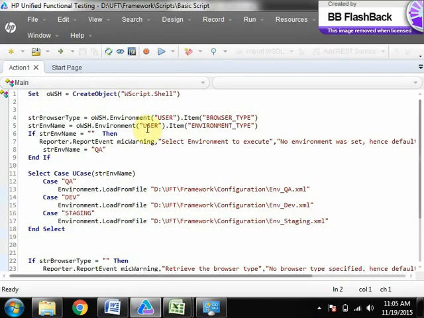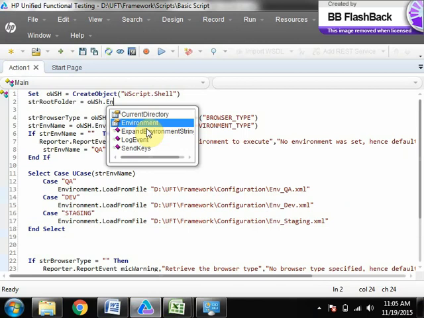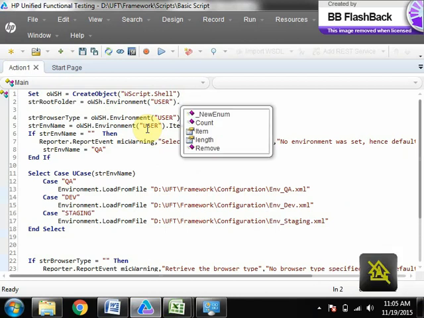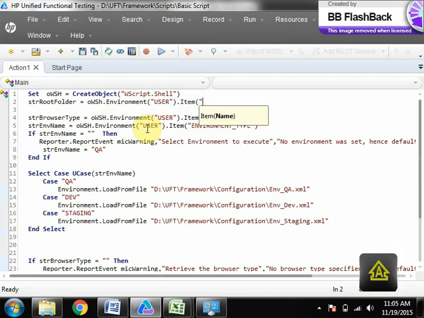Then what you do is strRootFolder equals to WSH dot Environment of User dot Item of then framework path or folder.